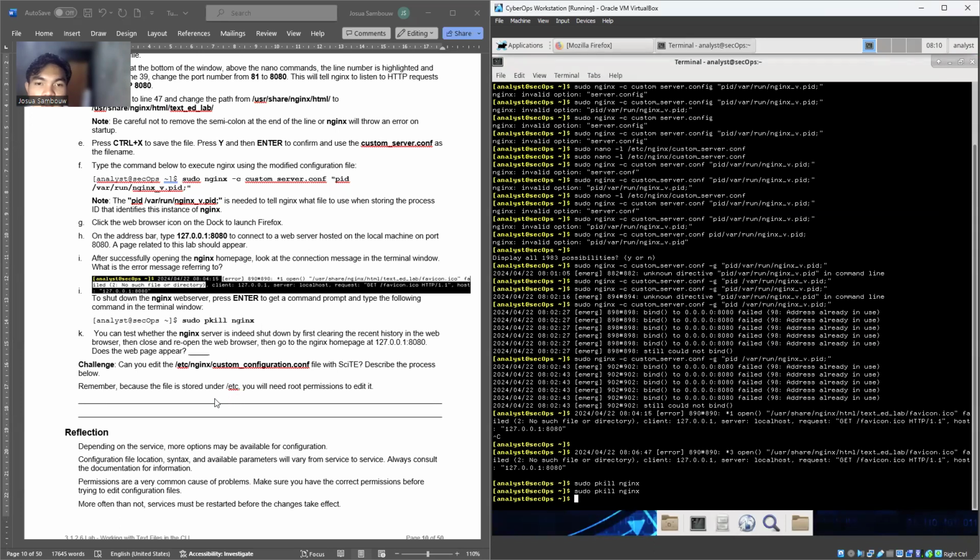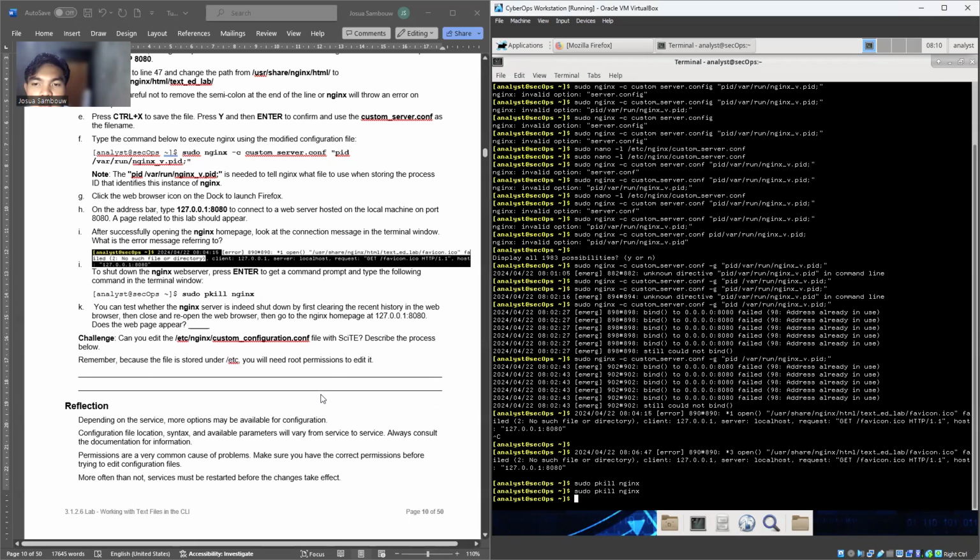It happened. Remember, because the file is stored on the system, you will not have permission to edit it. Can you edit the, oh, describe the process before?